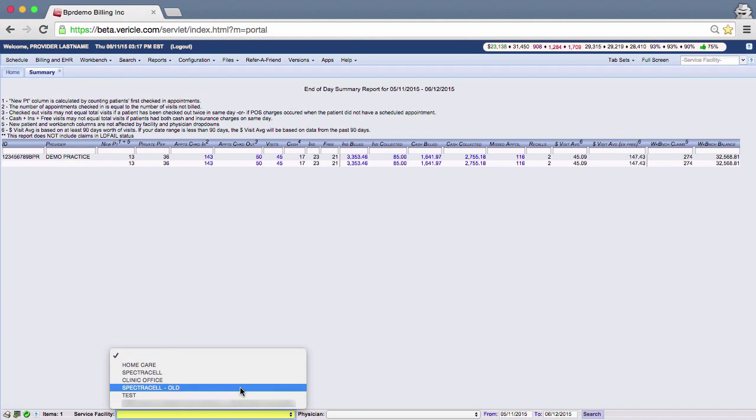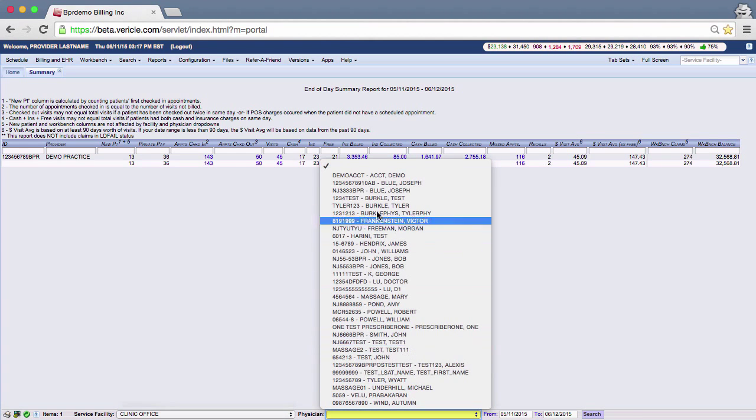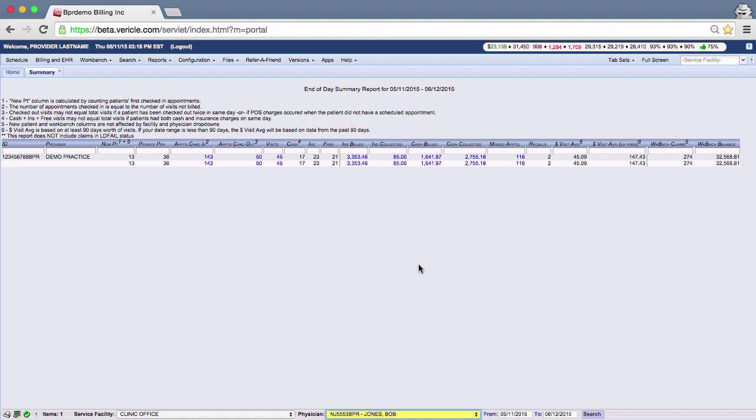Select a service facility, physician, and then the date range, and then select Search. The report will then display the appropriate data for the date range selected. Some columns are not affected by the selections in these drop-downs. Take a look at these column headings at the top of the page to find out more about the information